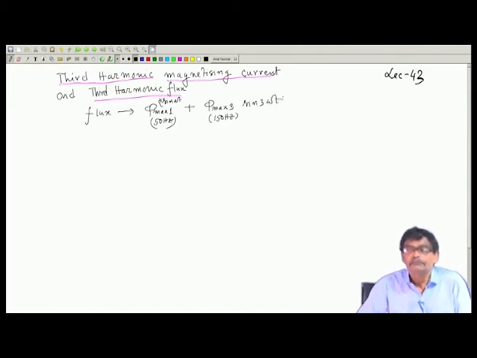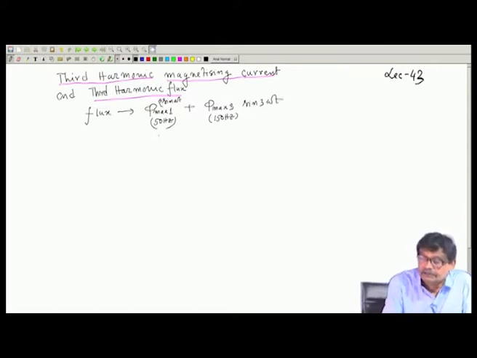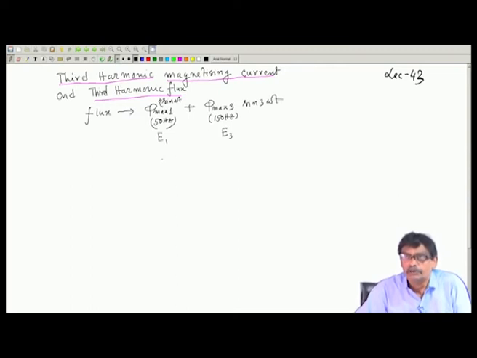Then both of them are going to induce voltage. So, in essence what I have assumed is this: the exciting or magnetizing current is the 50 hertz component, that is why flux has come out to be this, and then I want to see how E 1 and E 3, the fundamental component and the third harmonic component, will look like. Remember, each one of them will induce voltage d phi dt if you do, and the angle of that induced voltage